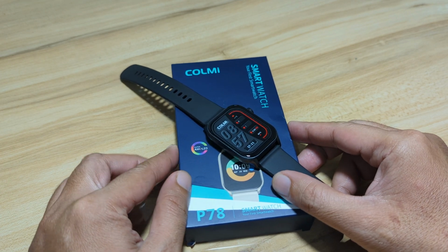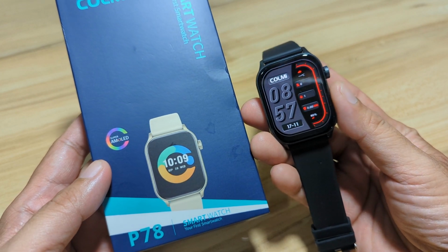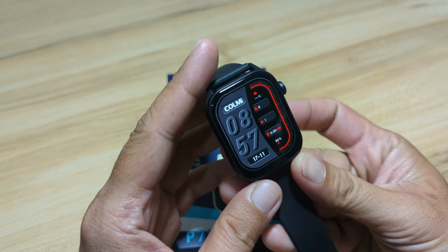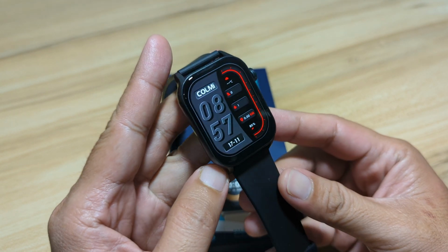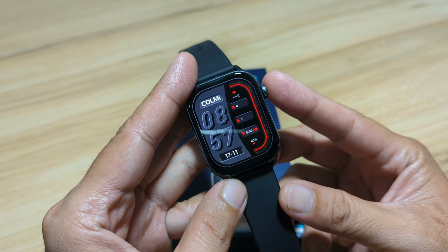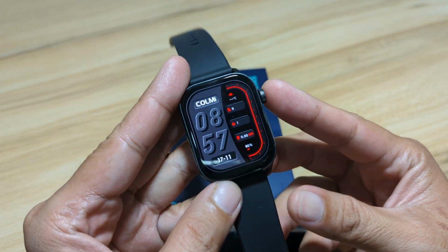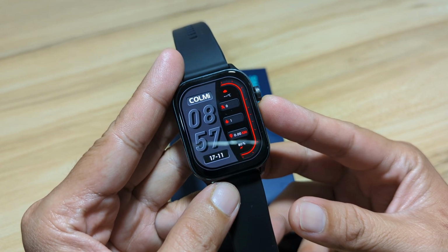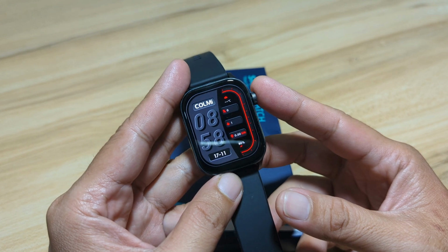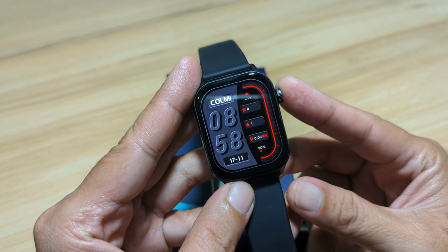We are back with the Colmi P78 smartwatch, the latest smartwatch from Colmi. And in this video, we are going to explore the list of watch faces available for the P78. Remember, in our previous video, we paired it with its Colmi Fit application on an Android smartphone. So we are already paired or connected to the support app. So let's explore the additional watch faces for the Colmi